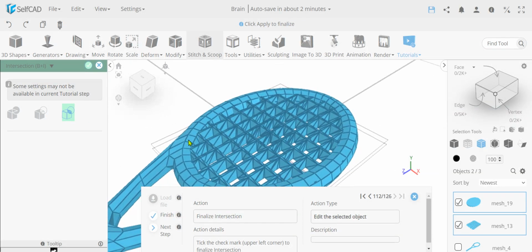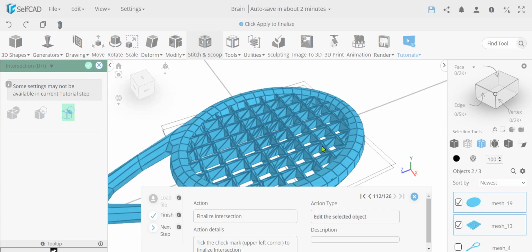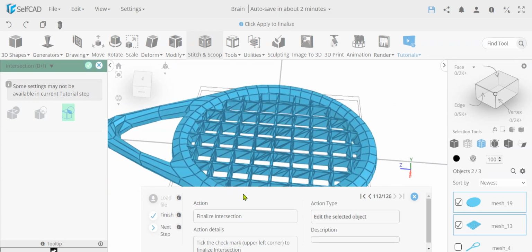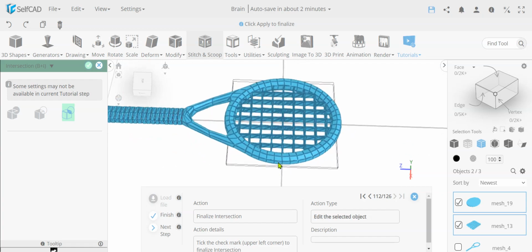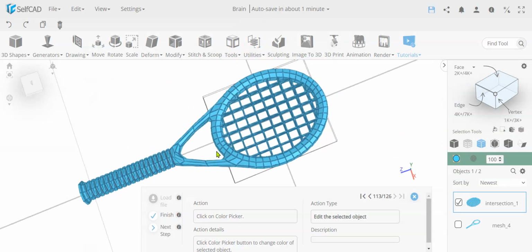So what the intersection function is doing, it shows you only what intersects. So this grid intersected the cylinder, and it shows only where it intersected. That's why it was important that the cylinder became smaller. It doesn't really matter how much the grid went out, because as long as the cylinder is inside, it's just going to show me the part that was covered by the cylinder. That's basically what the intersection is doing. And now we have this